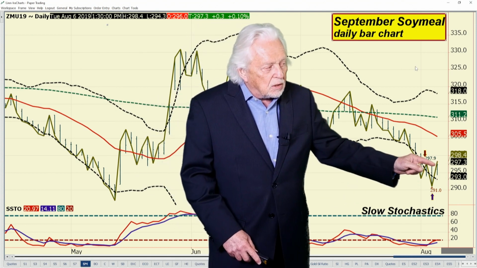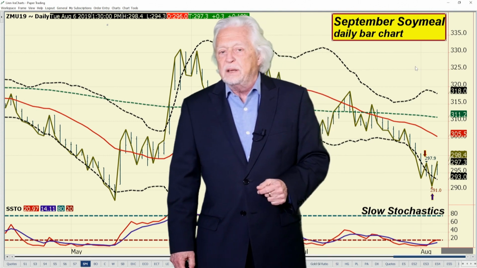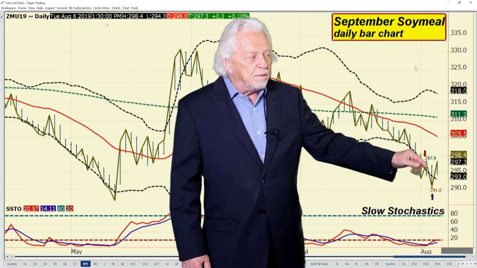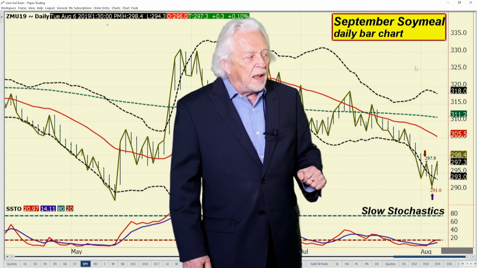Now, because the market closed in the top part of the day's range, even a steady opening is going to make that number jump. The way the math works on slow stochastics, it probably goes into the mid-20s. Take a look at it tonight. If it can do that and not fall back down and re-embed, then I'm going to look for price and the 18-day average to come together. If I'm wrong on that thinking...